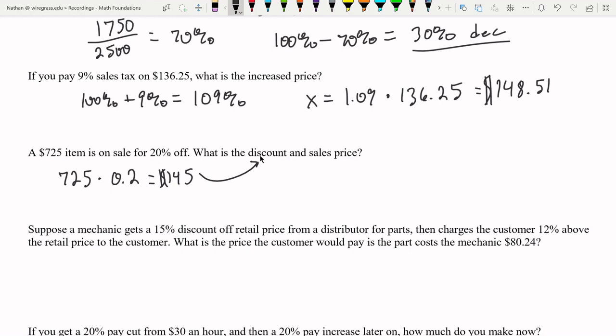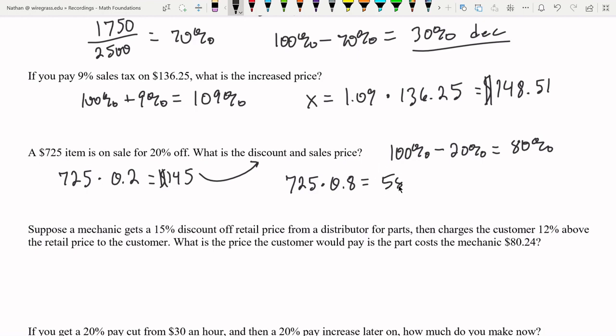So we can, of course, just take 725 minus 145, and that gives us the sales price. We can also think of this as a percent decrease. So we're going to take 100%, and it's being decreased or removed 20% off of that. That means that we now have 80% of our item's price. That's what its sales price is. So all we have to do is take 725 times 80%, and that gives us the new price,